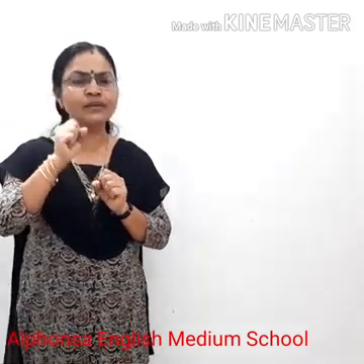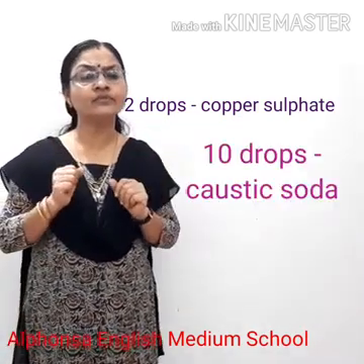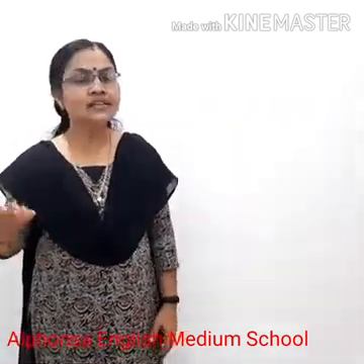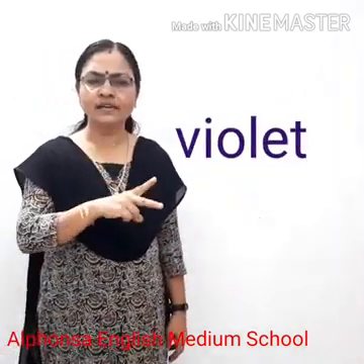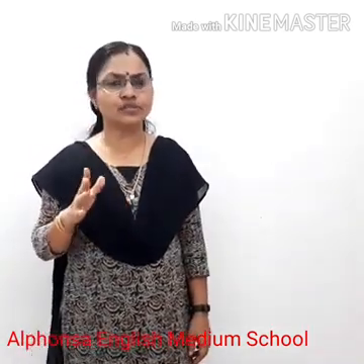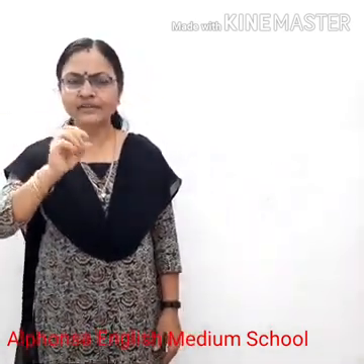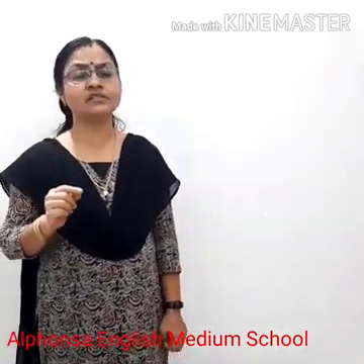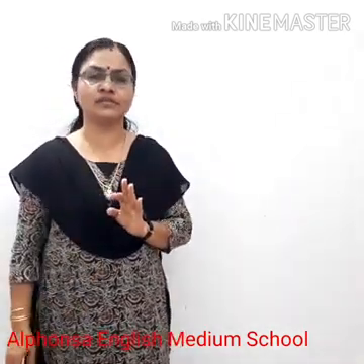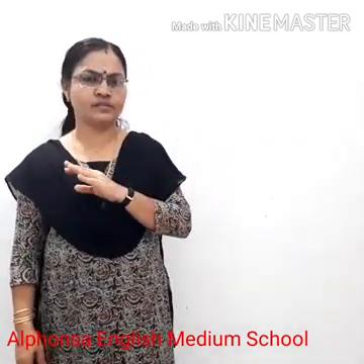Second, what did we observe? Yes, test for proteins. What are the things used for testing proteins? Yes, the food items first of all should be smashed and made a paste. To this, what are we adding? 2 drops of copper sulfate and 10 drops of caustic soda. What is the color change? Violet color. So after adding these 2 drops of copper sulfate solution and 10 drops of caustic soda, you have to shake it well, and if the color changes to violet, it indicates the presence of proteins. Please learn this, it is a 3-mark question. Test for carbohydrate, test for proteins.